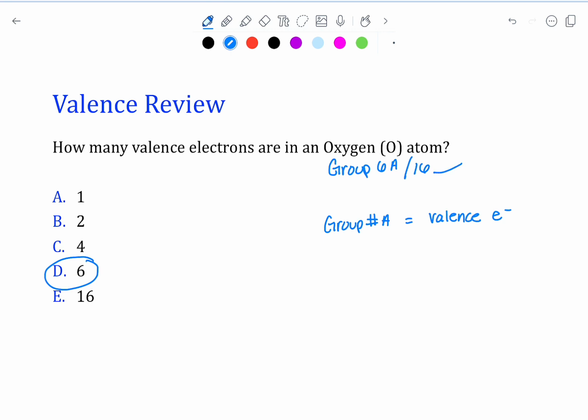Remember, if you're looking at the group number where it's in the teens, we have to take that number and subtract 10 so that we get our number of valence electrons. And if you think about it with oxygen, oxygen is element number 8, so it has 8 protons and 8 electrons. It simply cannot have 16 valence electrons because there's only 8 electrons in oxygen overall. So that's why we have to remember to subtract 10 from that teen value, which is also why it's useful to look at the group number where it has the A after it. Okay,